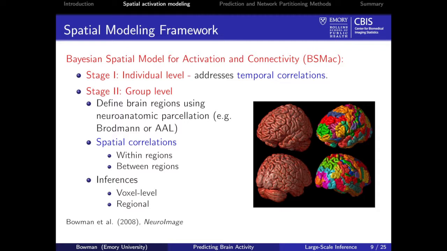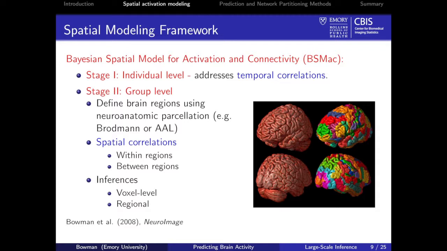And we've done several stabs at it, and again, what I'm showing is not our most recent work, but in fact, Brian Caffo was involved on this work as well, where what we decided to do was use neuroanatomic information, and we do that to break the brain down into regions, where then the regions will serve as sort of natural units within which to borrow strength, and then between which we can borrow strength by modeling the spatial correlations.